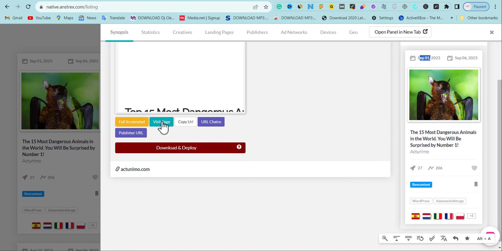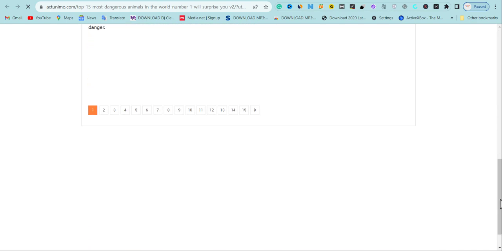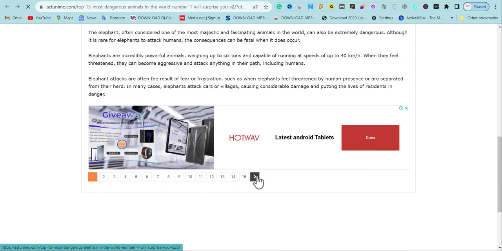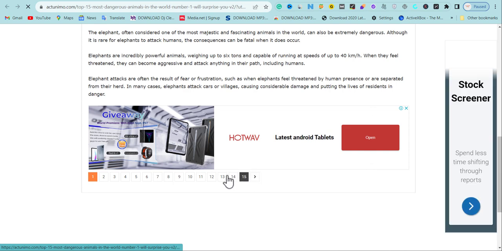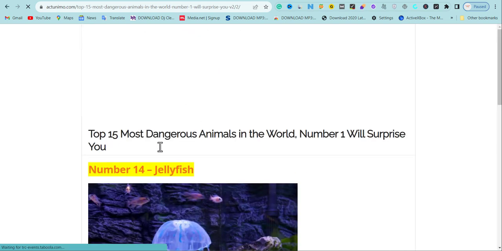So if I open this content here, I open the page that has the content, you're going to see that this is the page having this content, and they are using a native ad to run arbitrage, and it's really converting. The bounce rate is not high, the bounce rate is 0. And if you look at this, these are the next plugin. If you click next, it will take me to the next plugin, which means one person can convert to multiple